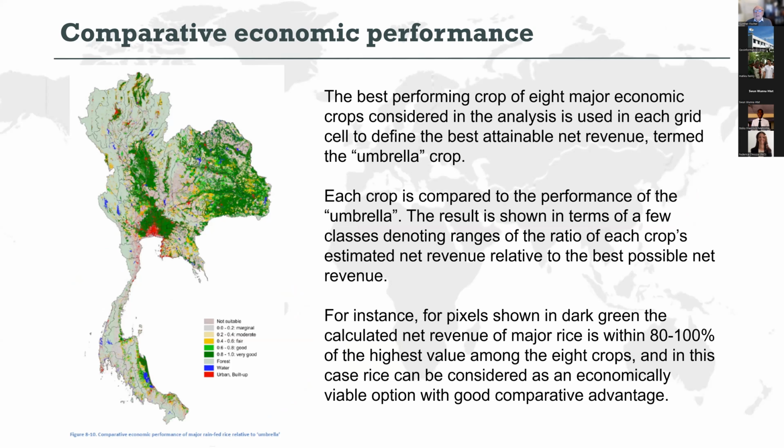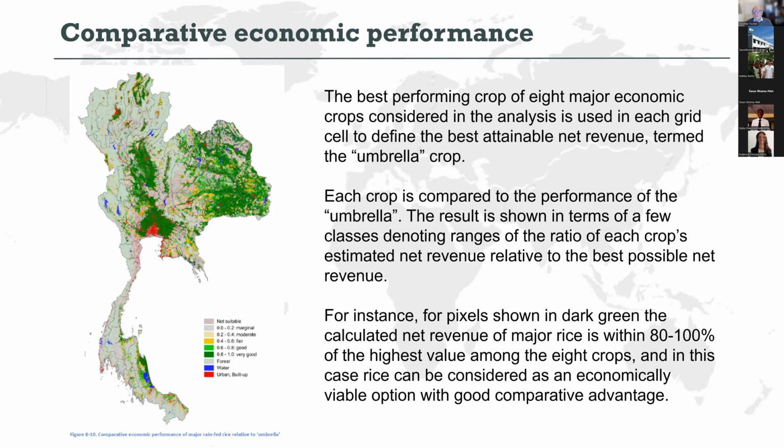Each individual crop is then compared to the performance of this umbrella, and the result is shown in terms of a few classes denoting ranges of the ratio of each crop's estimated net revenue relative to the best possible